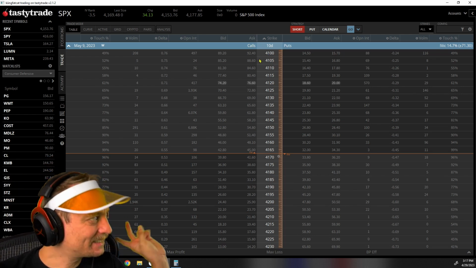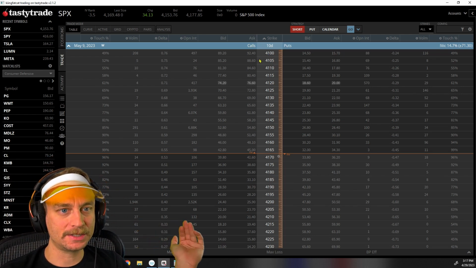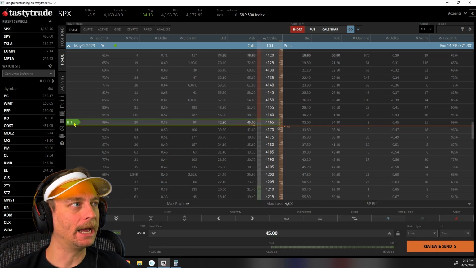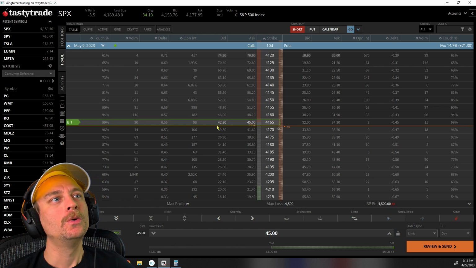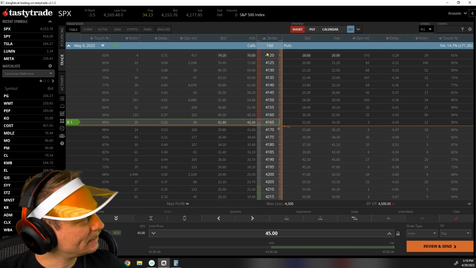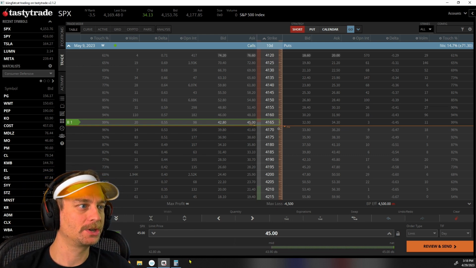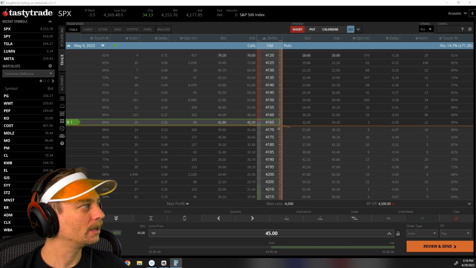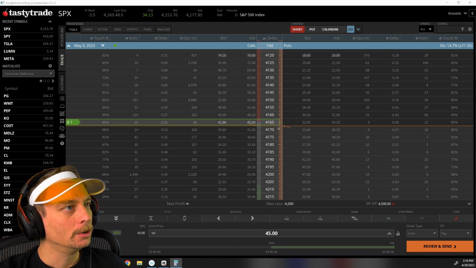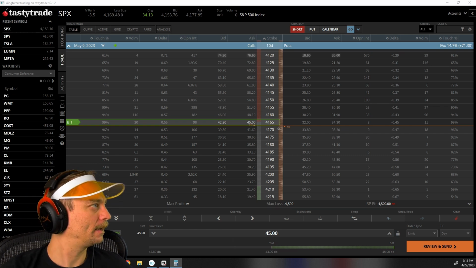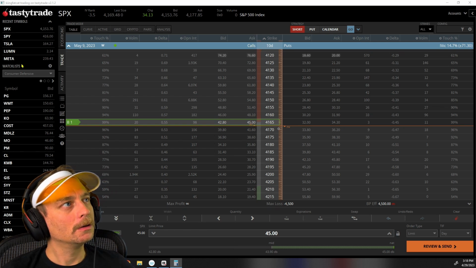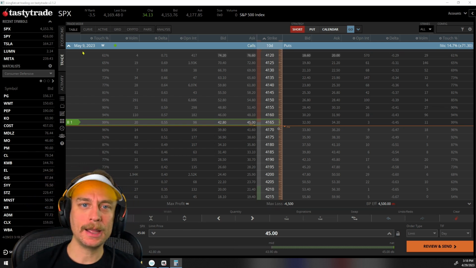Now, let's talk about why these things expire worthless. They go to zero. So let's say we want to buy 42.80, all right? And we're buying it, and it has 10 days till expiration. All right? So let me pull up this calculator. So we're buying it for $4,280, but we're buying at 42.80. Okay? So there's something called time decay.